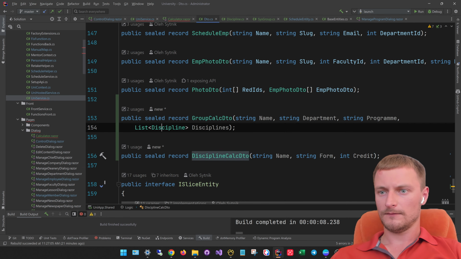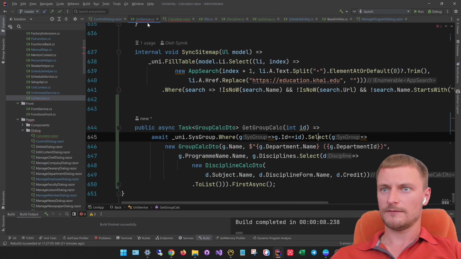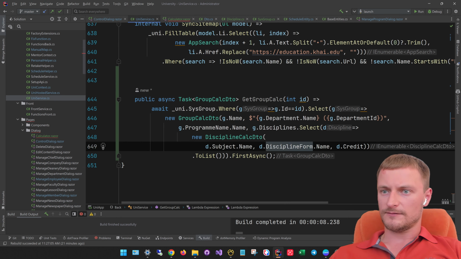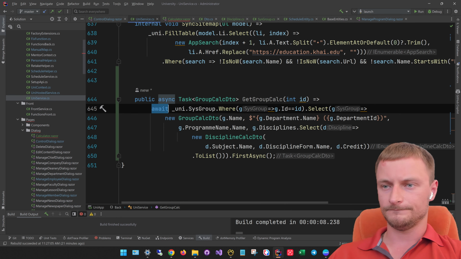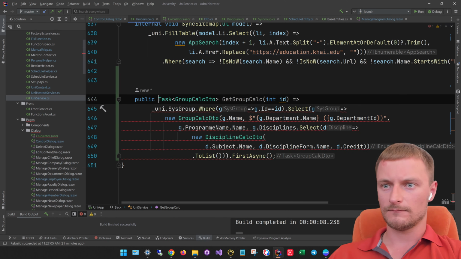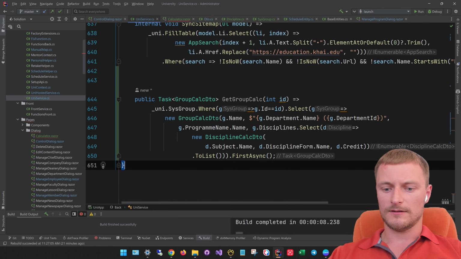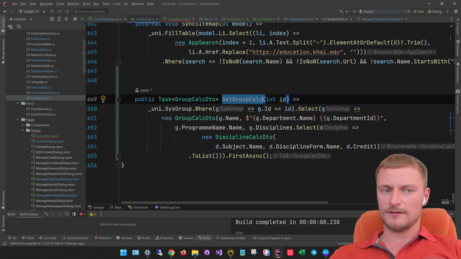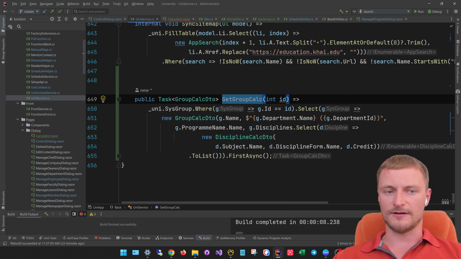Yeah, of course we have the server. So yeah, it's resolved, and here we also can simplify it a bit this way. So here we have the get group calc DTO, and this method will be for retrieving our DTO from the database to be presented in this dialog. So let's continue a bit later in the next video, and